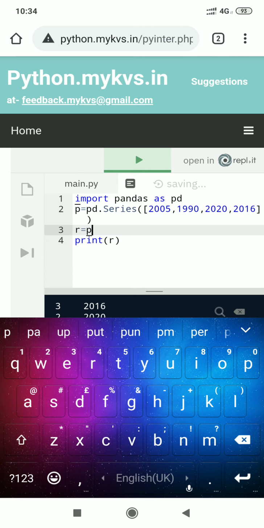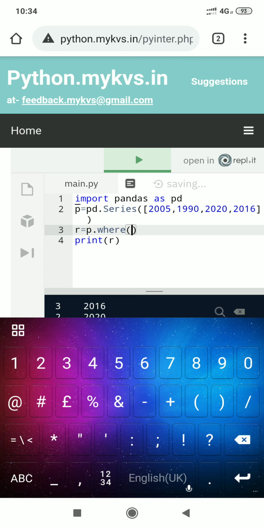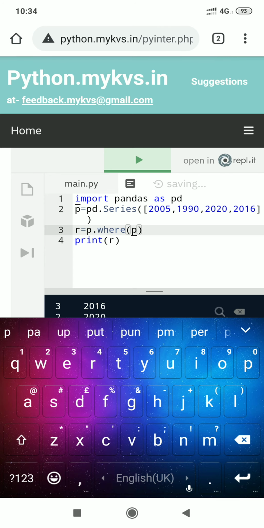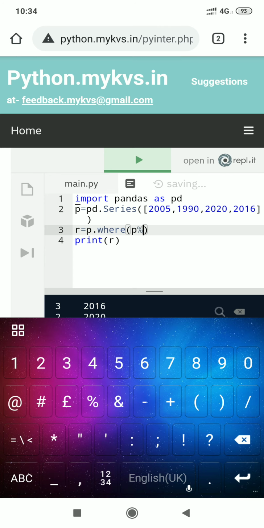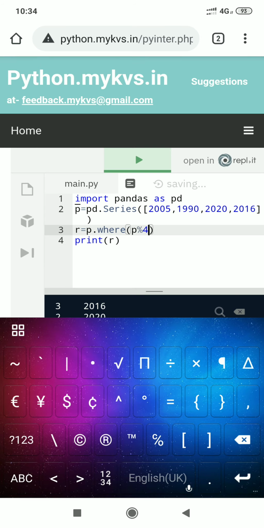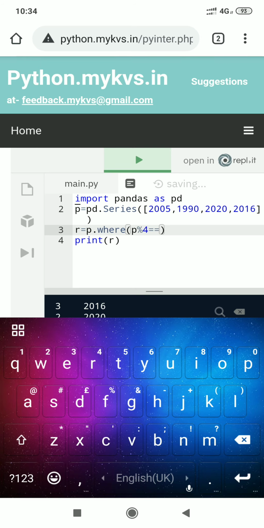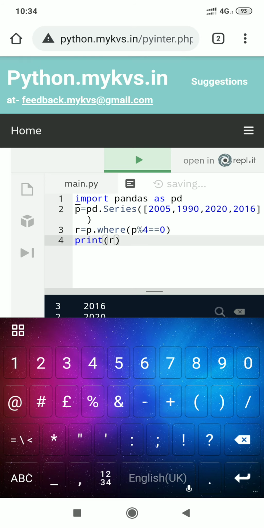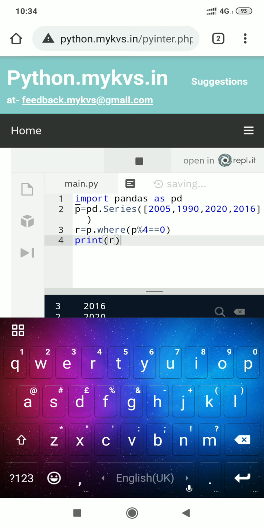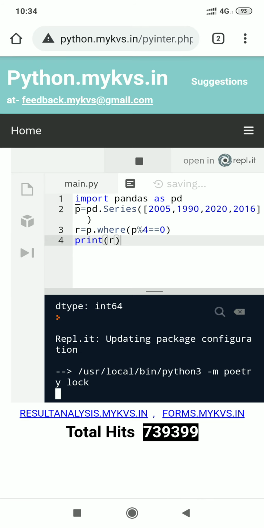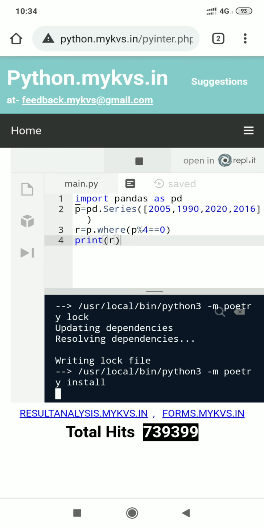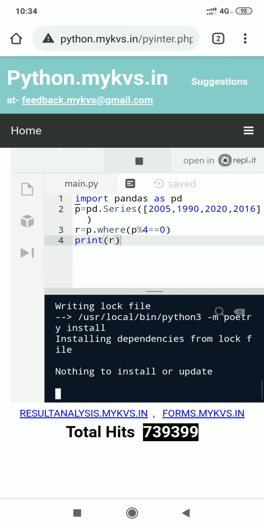So we can write here p.where, then p mod 4 equal 0, and now I display the result of this program.